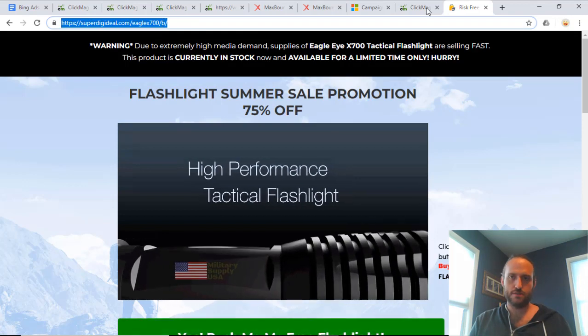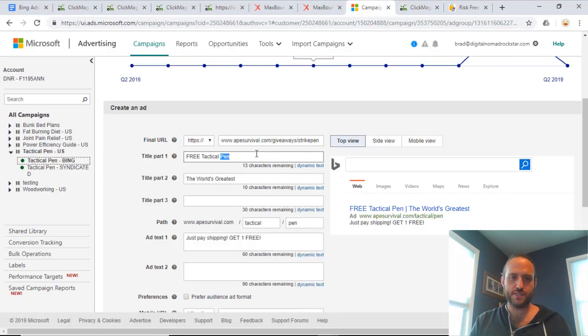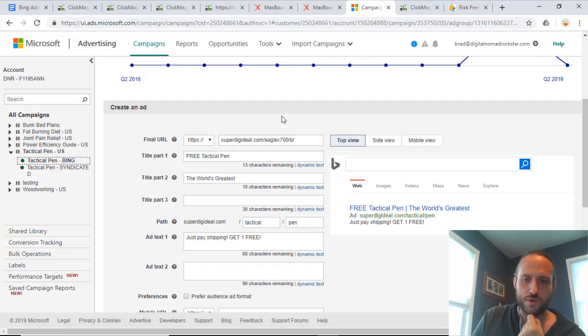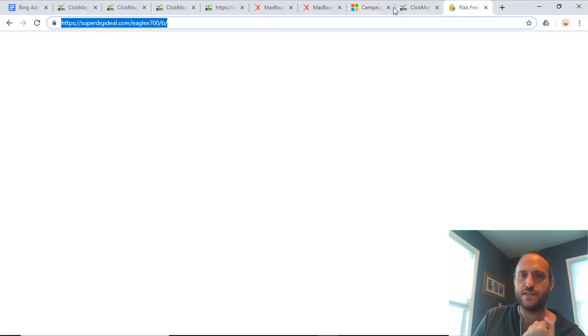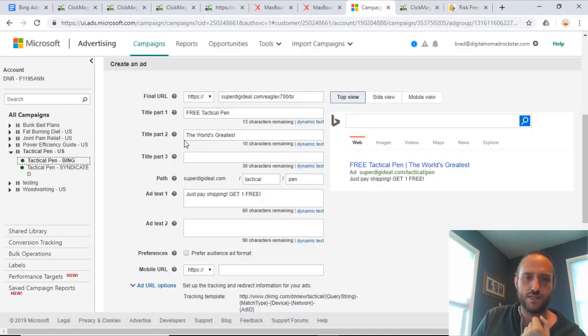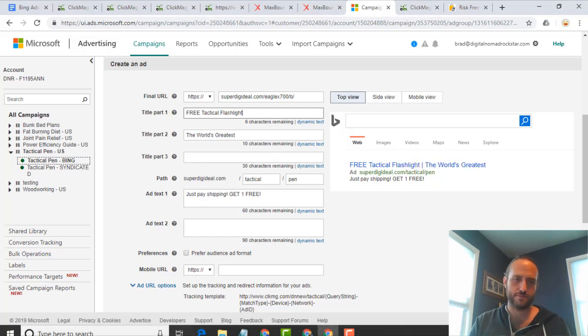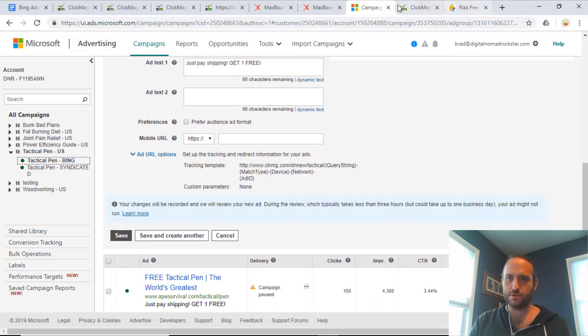Yeah. So we're going to try that out. We'll see how that works, but you're going to paste it into the final URL so that when your ad resolves, it's going to end up at the same page here. And this was a slightly different ad here, but the important part